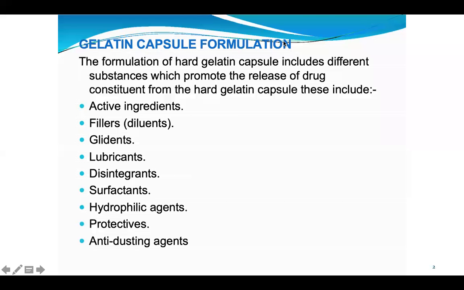How to formulate, किस तरह बनाई जाती है. So it means the formulation of gelatin capsule includes different substances which promote the release of drug constituents from the hard gelatin capsule. These include, क्या होगा इसमें? We add our active ingredients, the active drug है वो, that is they have fillers, diluents,